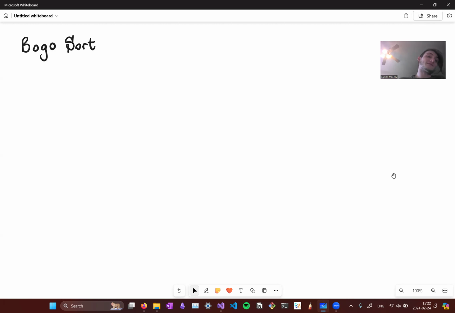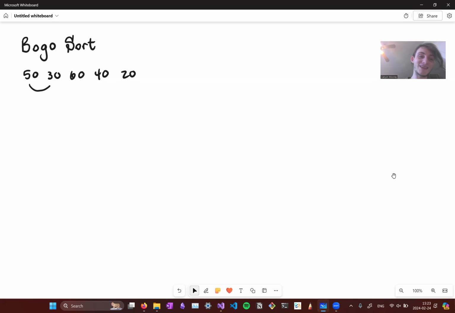And the deal with Bogo sort is it's a joke sort. So if I have some data, 50, 30, 60, 40, 20, the idea is that I'm going to check to see if it's sorted. So I see 50, 30, and that tells me it's not sorted because 30 is less than 50. For something to be sorted, I would expect that every element is either the same or greater than its previous element. So not sorted. And if it's not sorted, I'm just going to randomly